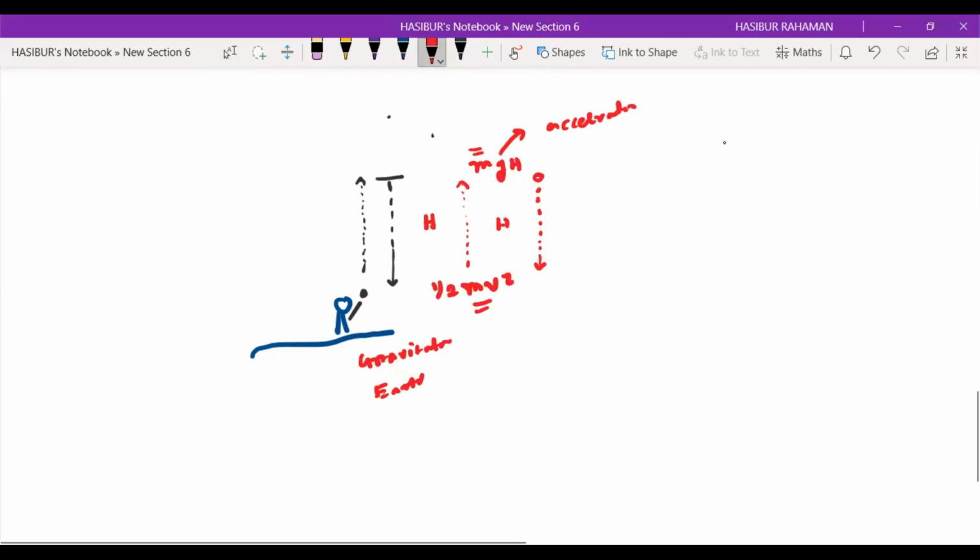Now, just think that if you replace this ball with a light particle, what will happen? By light particle, I basically mean the photon, the quanta of light, the electromagnetic wave, and a photon has zero rest mass. This ball has some mass, but for a photon there is no mass, zero rest mass. But now we want to check whether this photon has some energy or momentum.